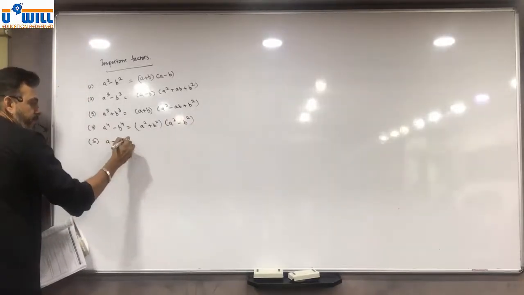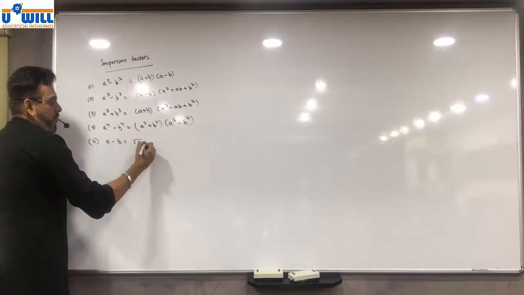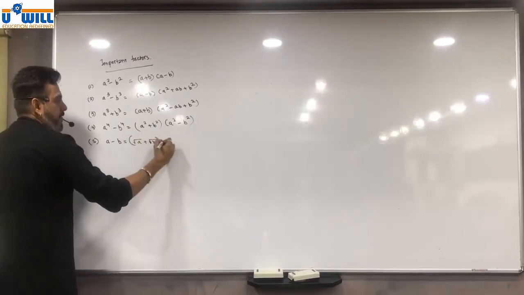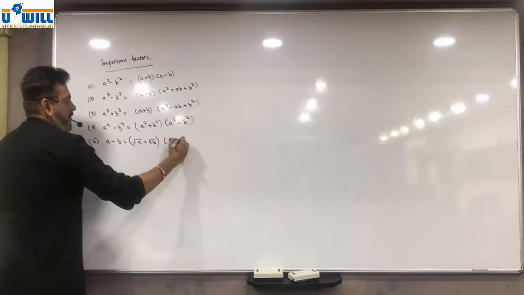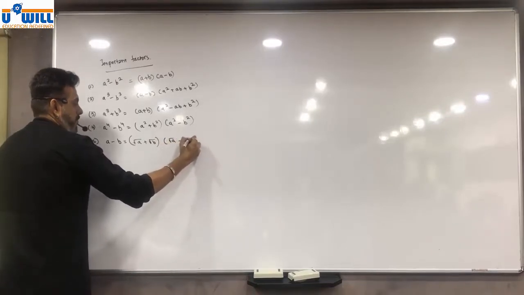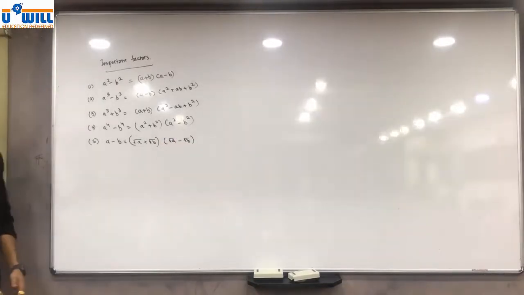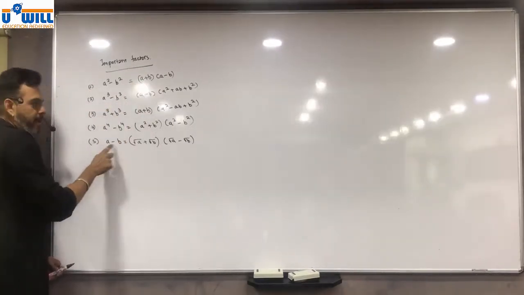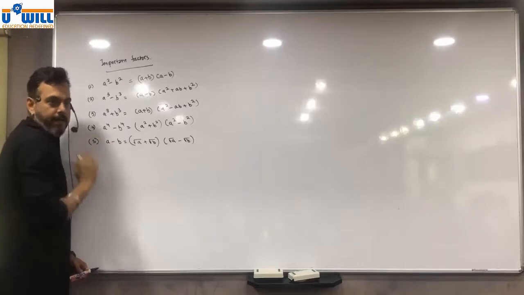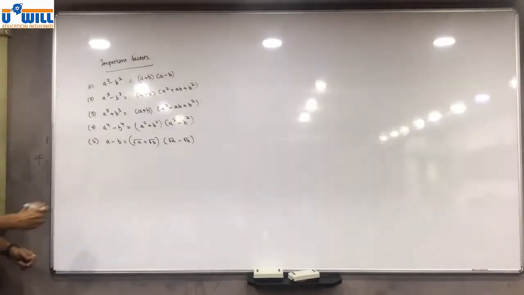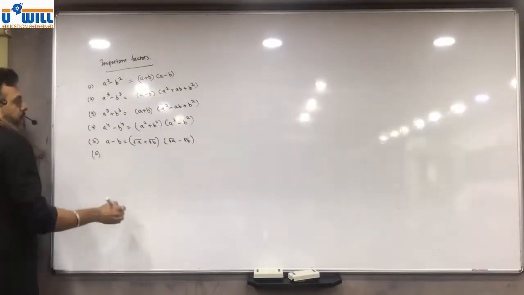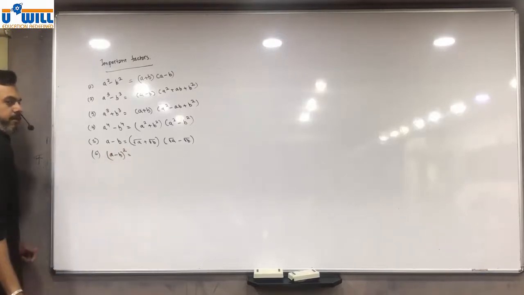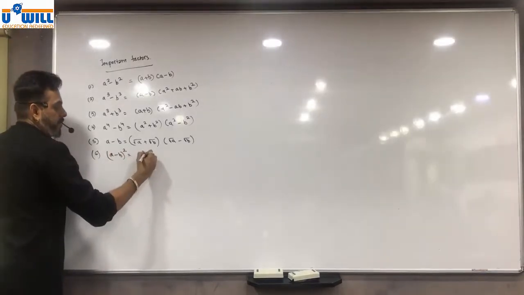What is a minus b? Under root of a plus under root of b, under root of a minus under root of b. Okay, ये square था तो ये a हो गया, तो ये a है तो ये हो जाएगा under root of a. Is this clear? Now, extra मेरी तरफ से a minus b the whole square is equal to a square